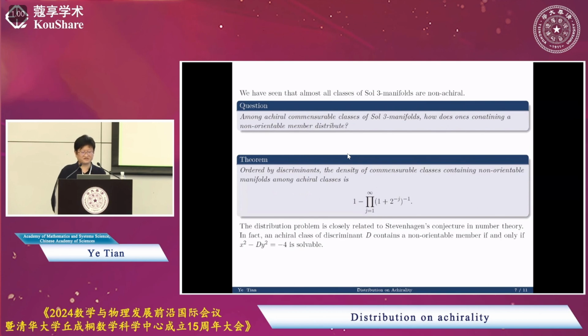And we know that if this negative Pell equation has an integral solution, there is the following necessary condition: any prime divisor of D cannot be congruent to 3 mod 4. If you reduce modulo this divisor of D on both sides, you get x squared equals -4. This means -1 is a quadratic residue. The third condition is obvious. But the density of those D such that the negative Pell equation is solvable among all D satisfying this necessary